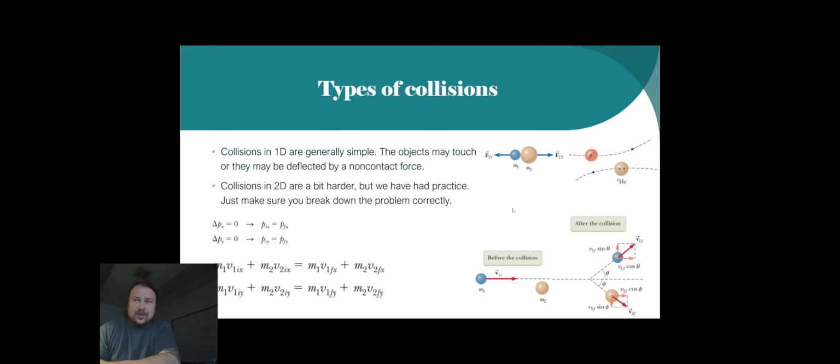Collisions in 2 dimensions are a little bit tougher, but we've had lots of practice. We know exactly what we're going to do, right? If we have something that has an angle, you're going to have to break it down into its component form, and that's exactly what we do. So for collisions in 2 dimensions, we break down the problem, we find out how much momentum it carried in the x, we find how much momentum it carried in the y, and then we break those down into